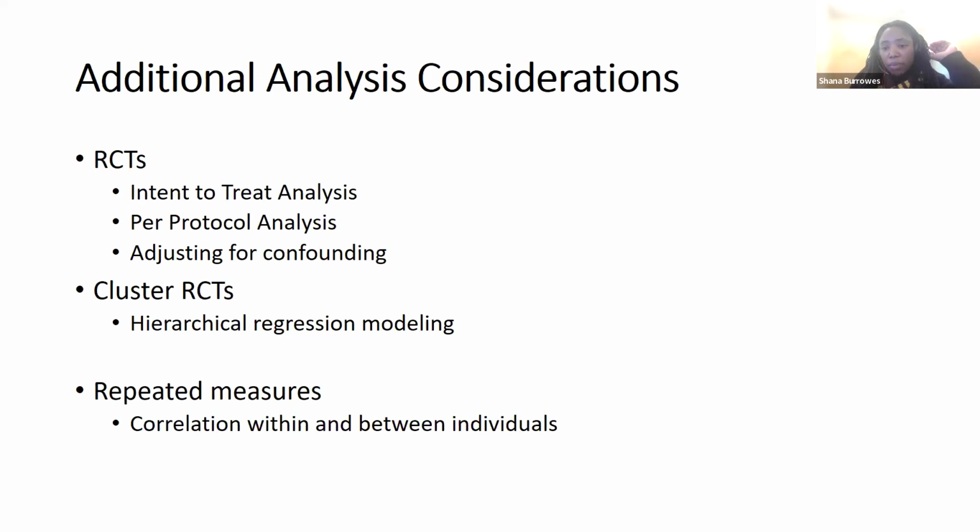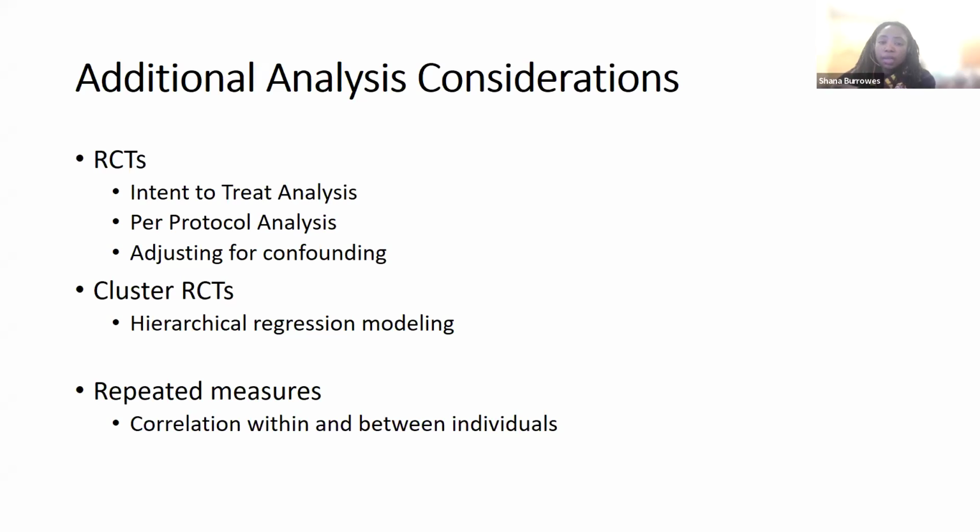And this approach preserves the benefits of randomization, and it answers the question, how would my intervention work in the real world? How does it work in people with whom it was targeted? Because every patient isn't going to be your perfect patient. The other approach is the per protocol analysis. And this answers the question of how does my treatment work in my ideal patients who come to every appointment, take their medication perfectly. However, you lose the benefits of randomization because you only keep the people in the analysis that did what they were supposed to do. And it can often bias your findings if the reasons for non-adherence or dropout of your study are somehow linked to your outcome,